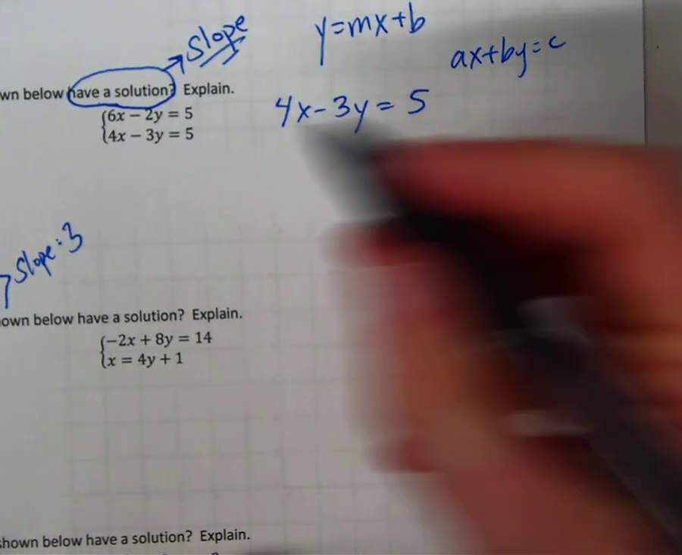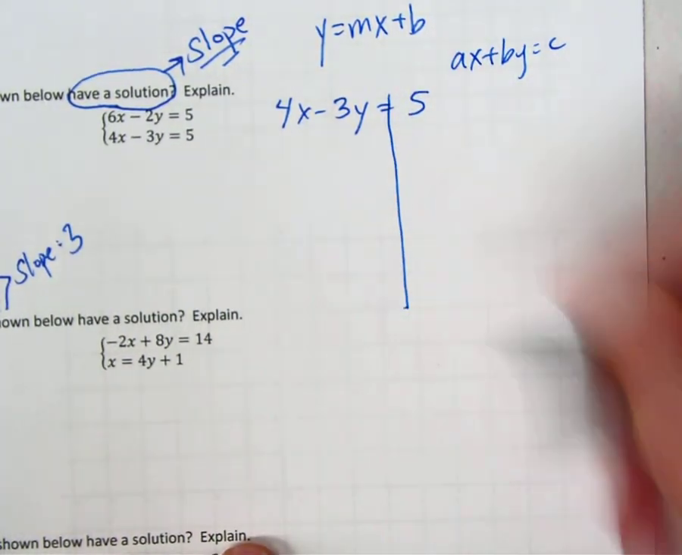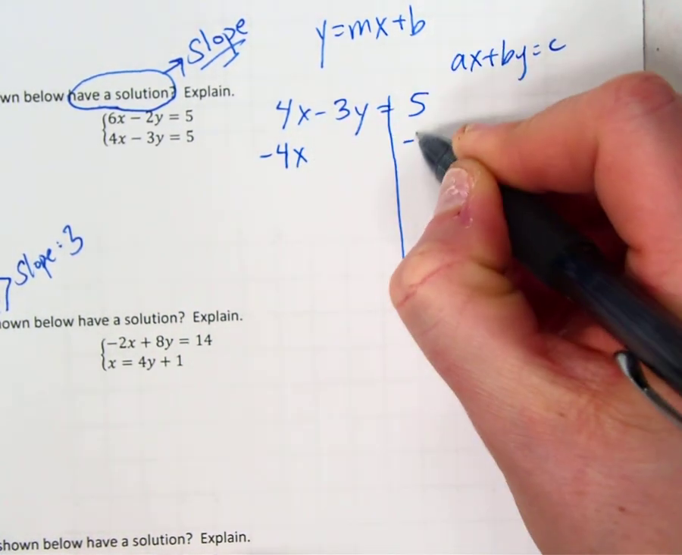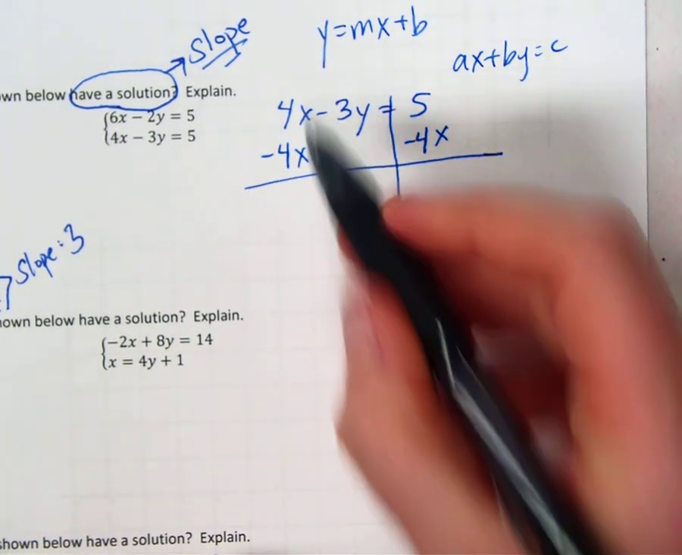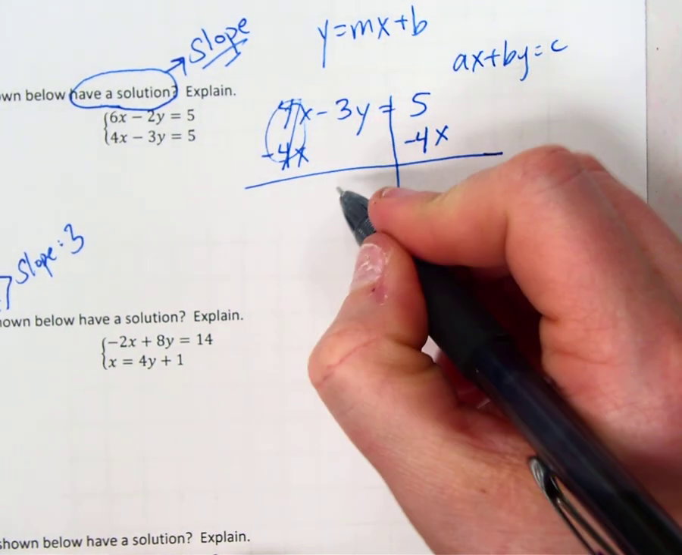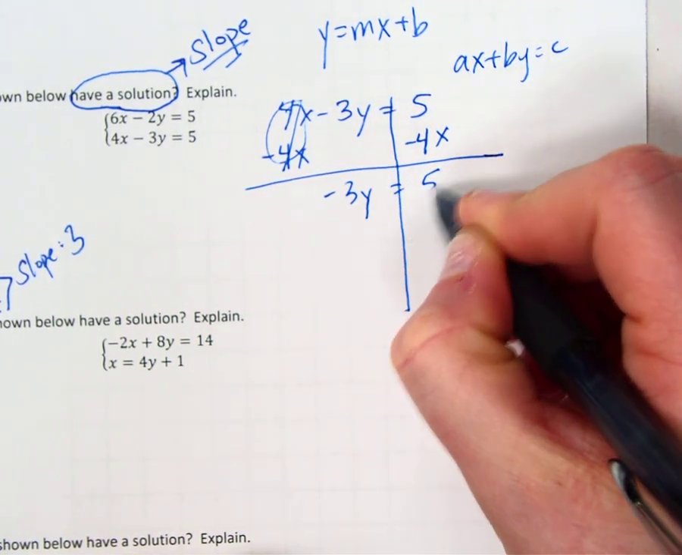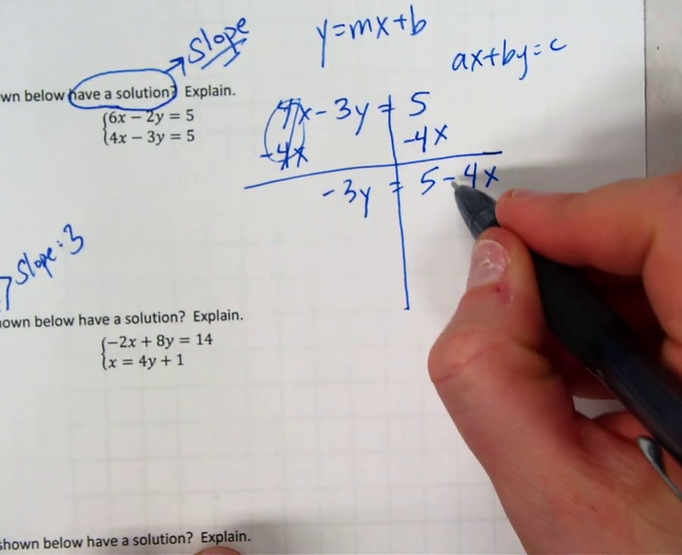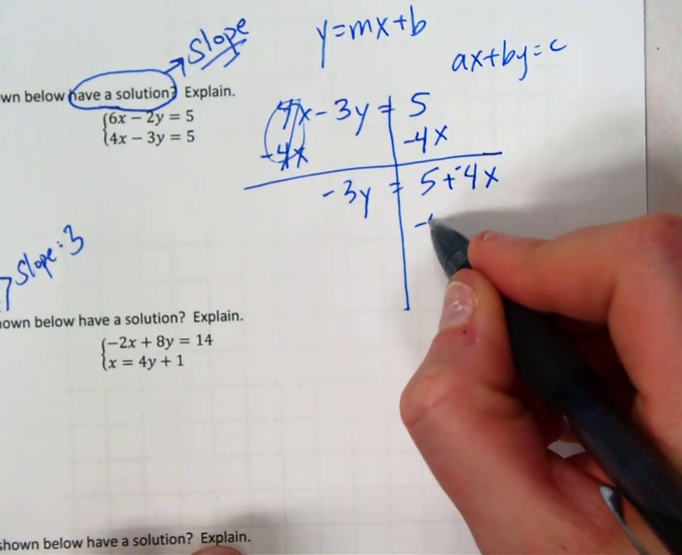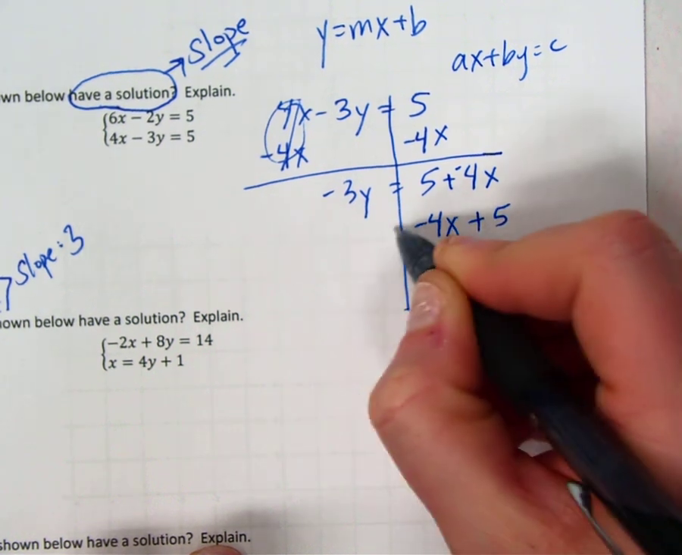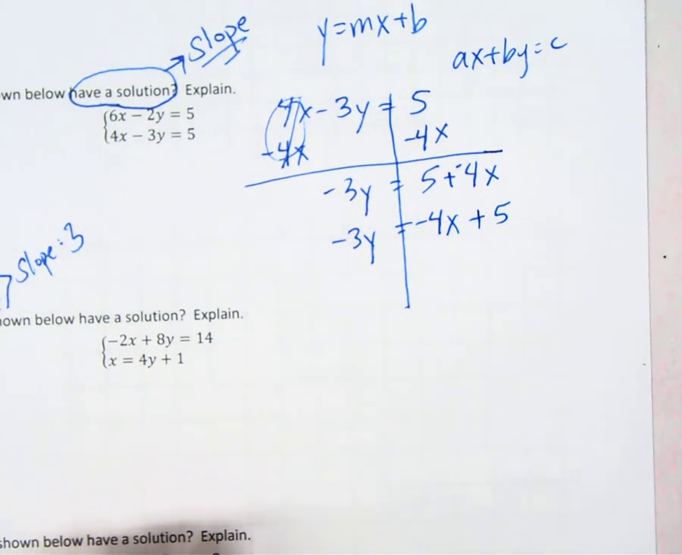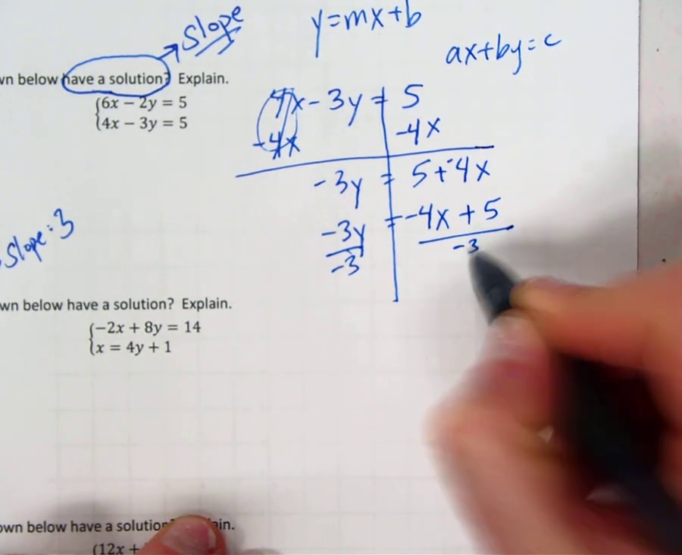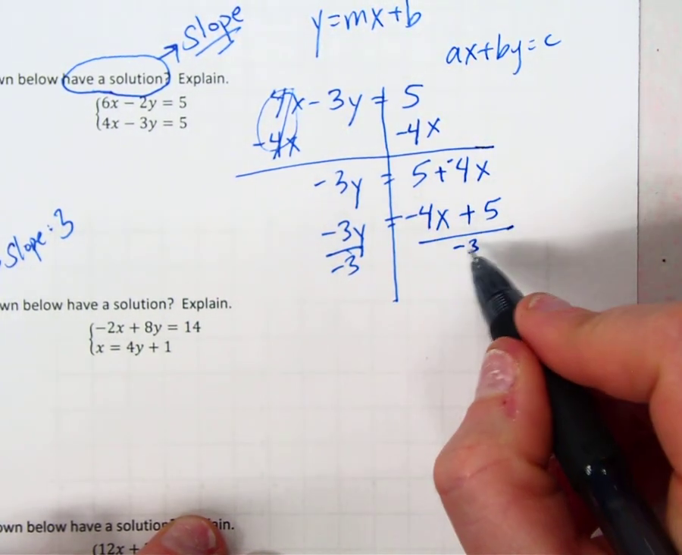So here's our other equation, the second one. We want to get y by itself, minus 4x, minus 4x. This makes a 0. Then I get negative 3y equals 5 minus 4x. I'm going to flip these around. So this is plus negative 4, and I get negative 4x plus 5 equals negative 3y. How do I get y by itself? I divide by negative 3. Dividing everything by negative 3